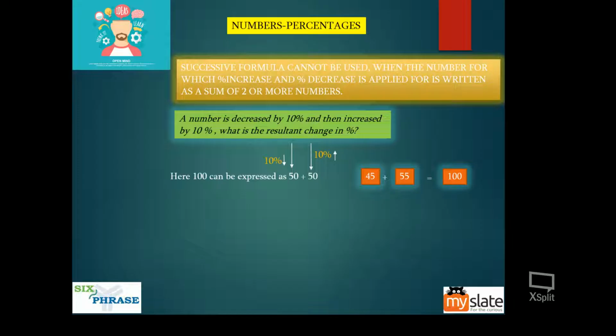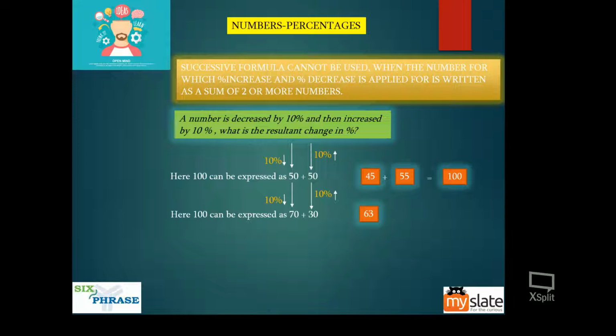Each time you won't even get the same answer. It is not like you will get the same 100 for all sums. Any type of sum, it is not that you will get the same 100. See, let us take a closer look. If I write 100 as 70 plus 30, 100 here is written as 70 plus 30. Now what happens again is you decrease 70 by 10 percent, increase 30 by 10 percent, because you can do this any which way. You can increase 70 by 10 percent or decrease 30 by 10 percent. You can do the opposite also, still it will not work.